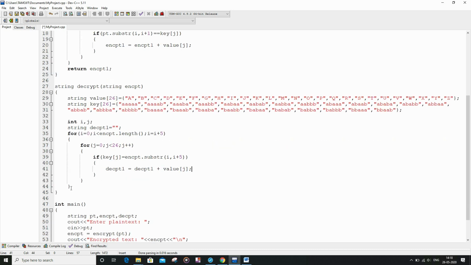So finally we are going to return the decrypt1 string variable after all these computations.